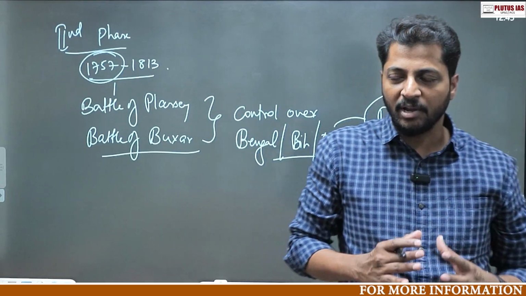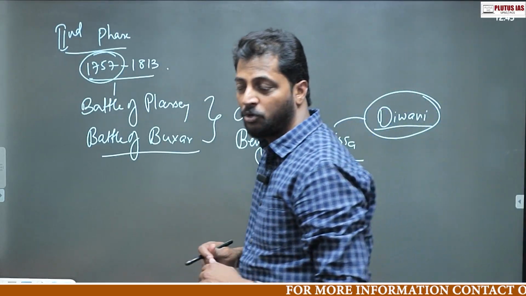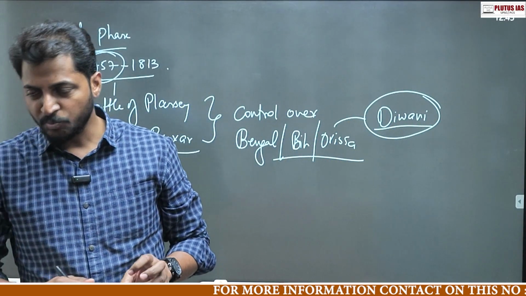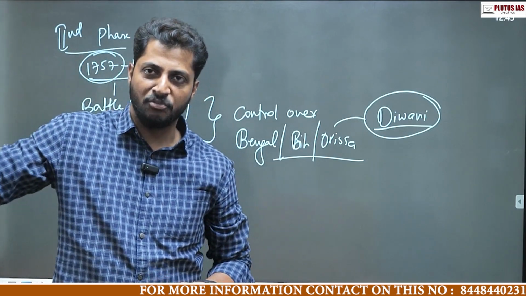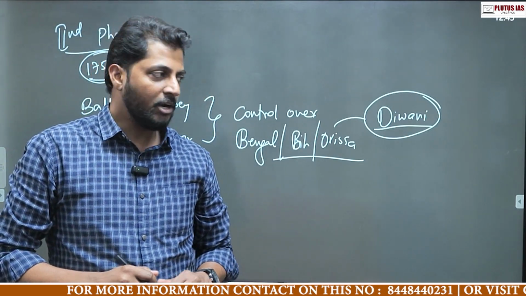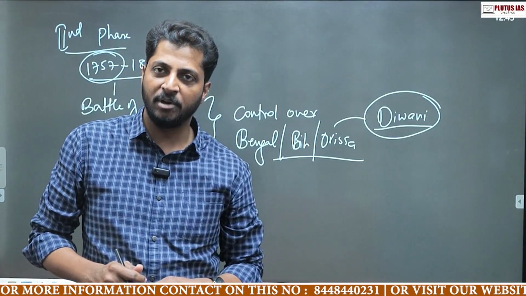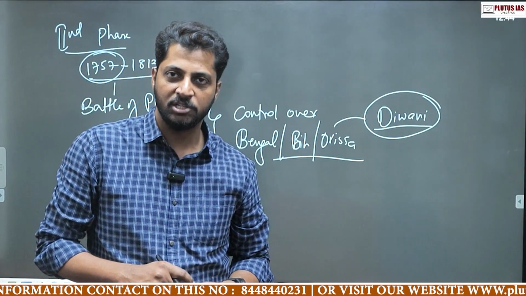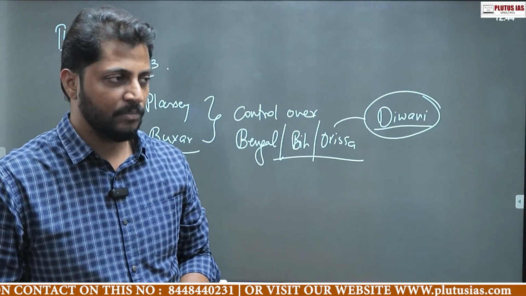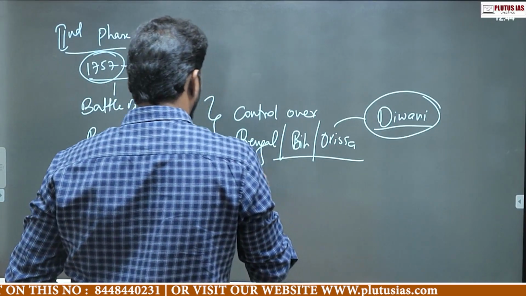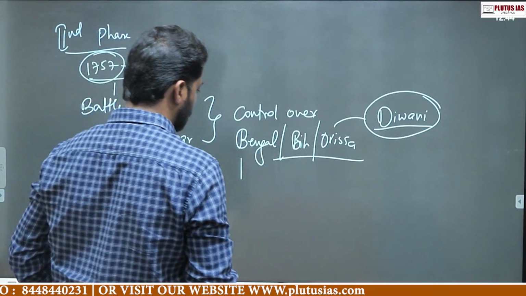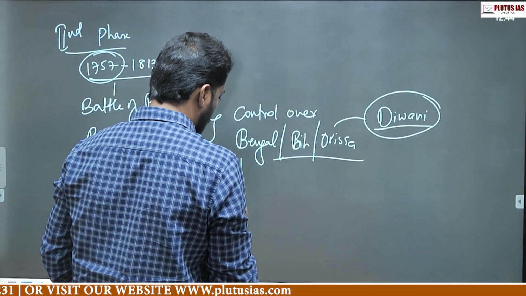They started using the Bengal money for purchase of Indian goods. They started using this money for administrative expenses of Madras and Bombay, right? And they forced the Indian merchants to sell at cheaper rates and purchase at costly, right? So with the control they had over this region, they started imposing